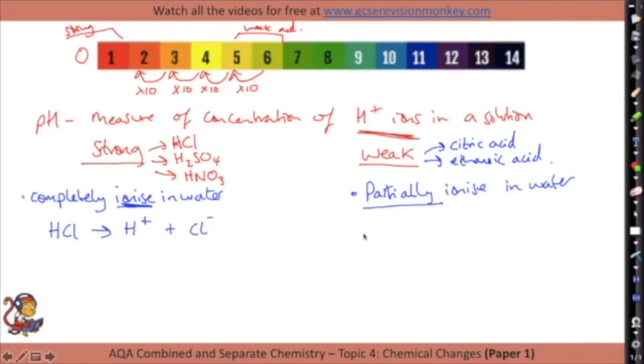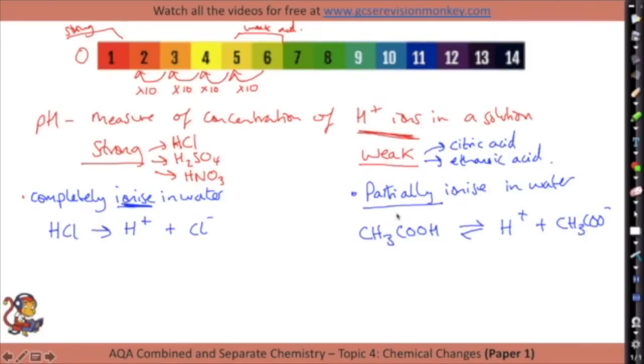Partially ionizing means that if you have, for example, ethanoic acid, which is CH3COOH, when that breaks down in water, it's actually a reversible reaction. You do get hydrogen ions and the negative part of the ion as well, CH3COO-, so it does break down and form hydrogen ions, but because it's reversible,